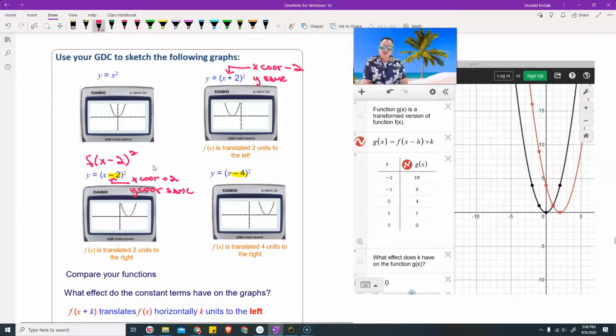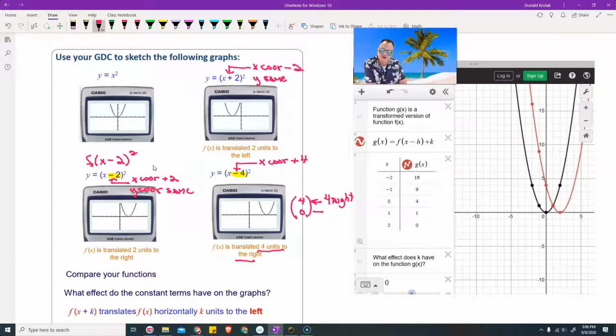So when you're working on the input, think bizarro world. When I see this, -4, my intuition says, well, that's really 4 left. No, we're in bizarro world. This would be, take the x coordinates and add 4. So this is going to slide it 4 units to the right. If I wrote that as a vector, it would be 4, 0. The 4 means 4 right,